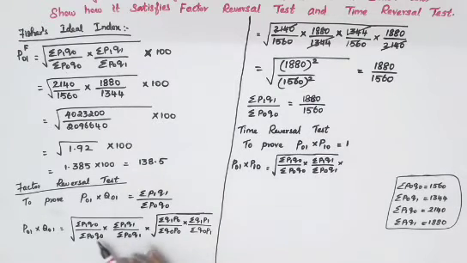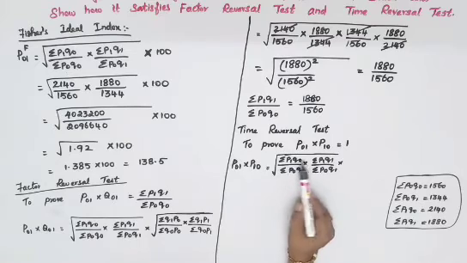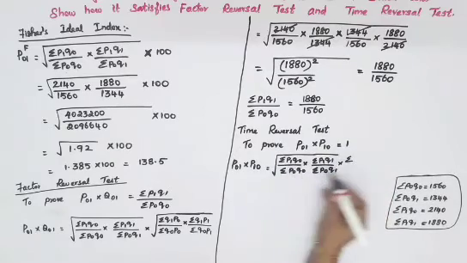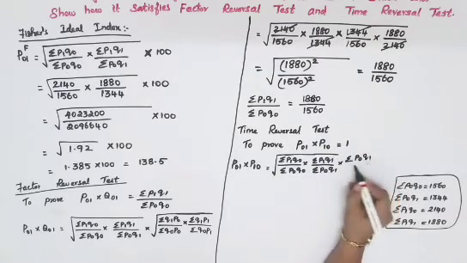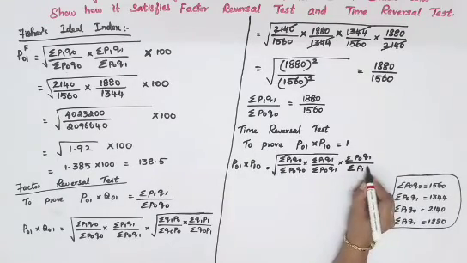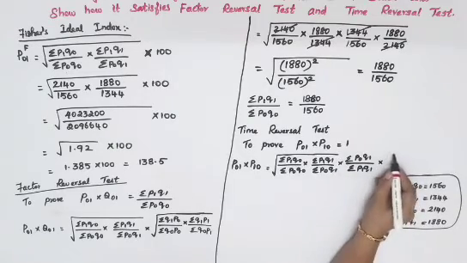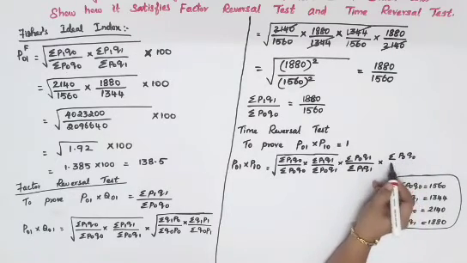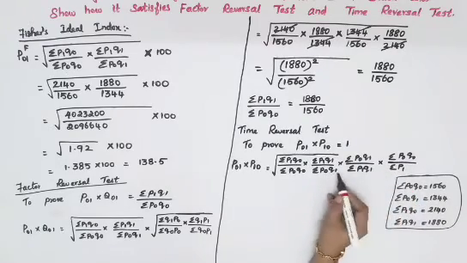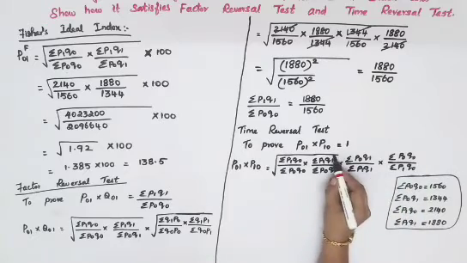Don't change your P and Q like this. For your factor reversal test, you'll have to change your P to Q and Q to P. But here 1 has to be changed to 0 and 0 has to be changed to 1, for the second part. So we'll get sigma P naught Q1 divided by sigma P1 Q1, into, again here sigma, we have got 1 over there, so we'll have to give naught, so P naught Q naught divided by sigma P1 Q naught. That is the whole thing within the root.